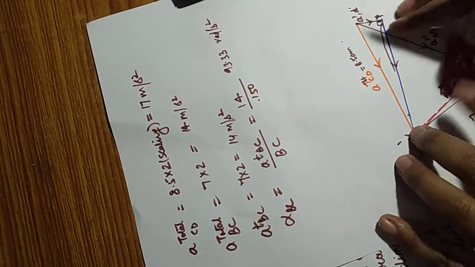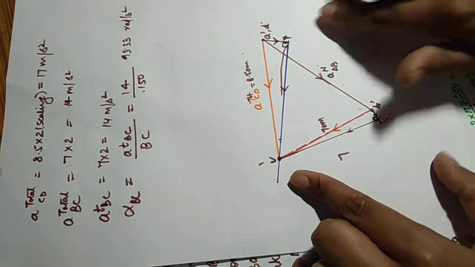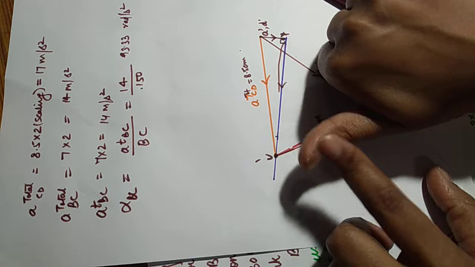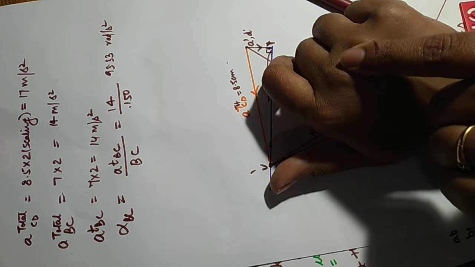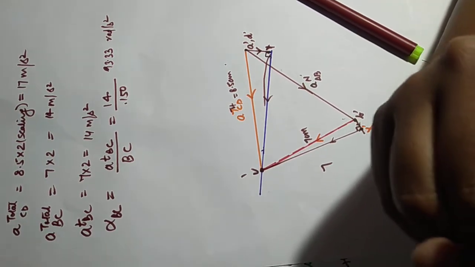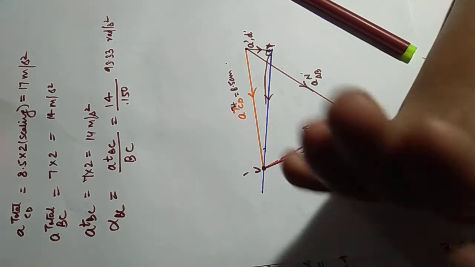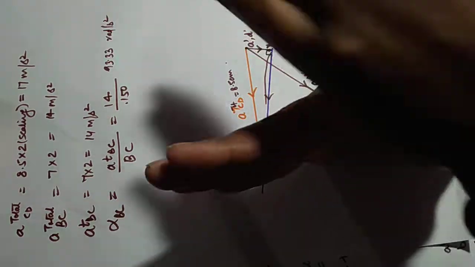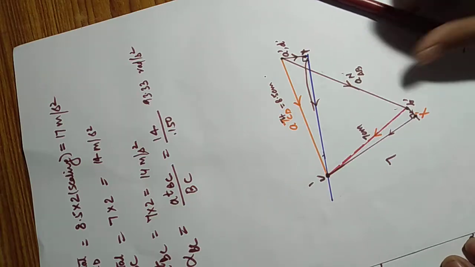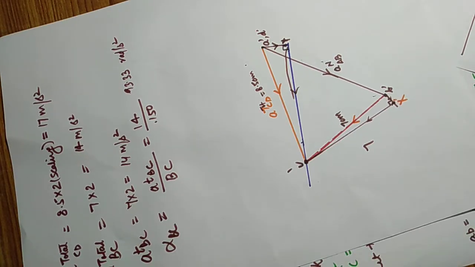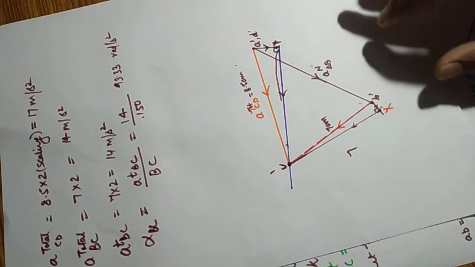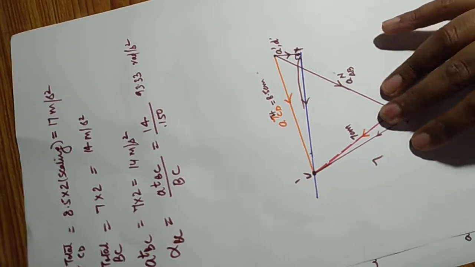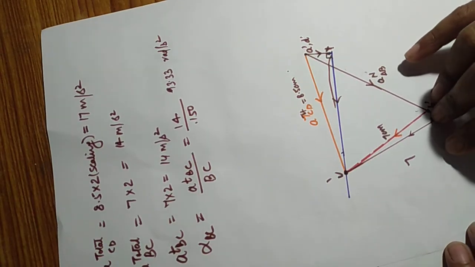Similarly, we can find anything, and we have the direction also. If the velocity is going upward, we point the velocity direction as the thumb direction, and the orientation is given by the fingers. So it is anti-clockwise. And if it is coming like this, then also it is anti-clockwise. And if it was going upside, then it was clockwise. So likewise, we are going to find the direction also. With this, we have finished this, and we can draw various types of angular acceleration diagrams. I will come up with one more question of Slider-Crank, and then we will finish with the acceleration diagram.